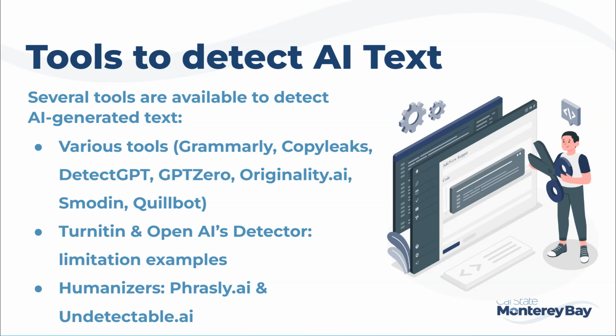In the same way, OpenAI had their own, what they called the AI text classifier. And this was an AI detection tool as well. And when this tool was released, it also boasted a low false positive rate. But after more study, it was found to be far less accurate than anticipated. So not only did it not necessarily detect when AI was used, but it also sometimes detected that it was being used when it wasn't. Again, those are the false positives, and we'll talk more about that too.